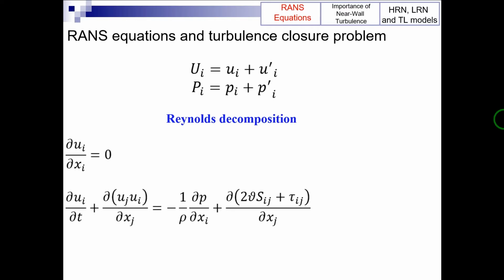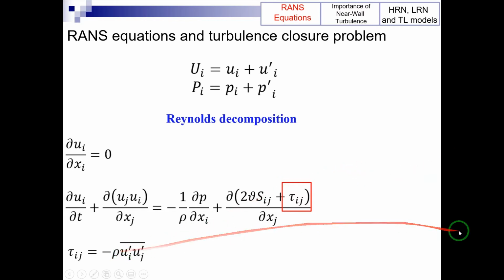The ensemble averaging of the Navier-Stokes equations has introduced new unknown correlation terms in the momentum equations, which are called the turbulent or Reynolds stress tensor, as we can see here inside the red square, and are written like this. This term represents the transport of momentum due to the turbulent motion of the fluid flow and needs to be modeled. A large variety of turbulence models has been developed with an attempt to close the RANS equations by describing